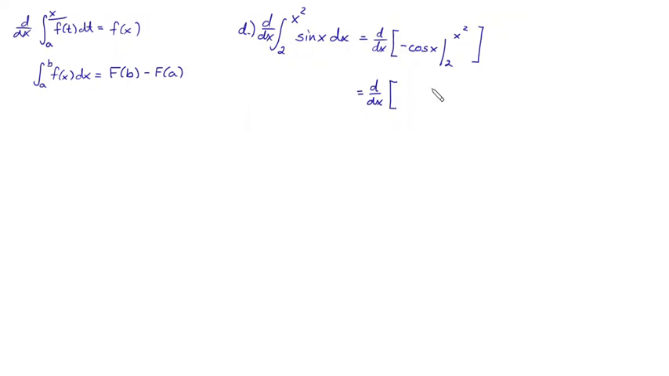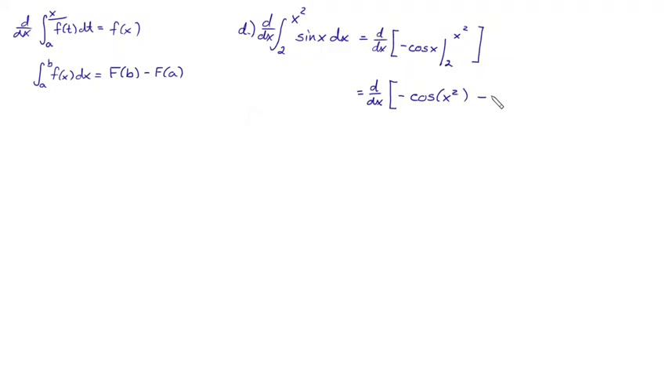How do you actually evaluate this guy out? We have it right here. This is part 2 of the fundamental theorem. It's on the board even. F of b minus f of a. Now this is capital F already, right? We've already found it. What's b in this case? X squared. So this becomes negative cosine of x squared